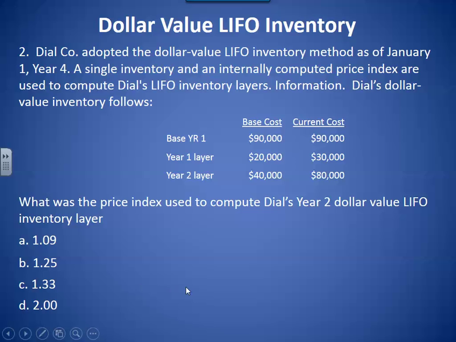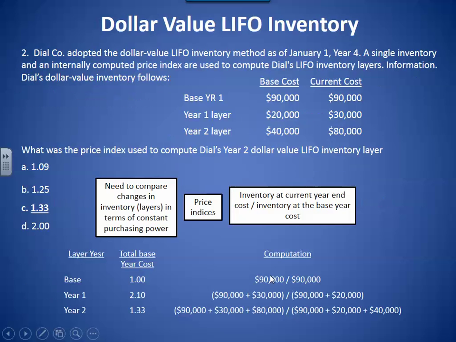The cool thing about this is you don't have to go through an entire dollar value calculation. All it's asking you to do is calculate the price index used to compute the year 2 dollar value LIFO inventory layer. So go ahead, do your computation, stop your video. Okay, number 2. What was the price index used to compute Dial's year 2 dollar value LIFO inventory layer? And the answer is C,